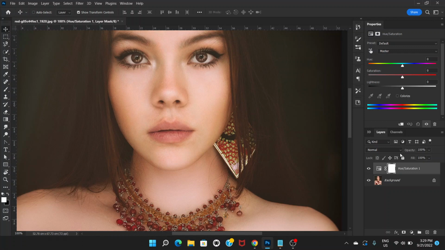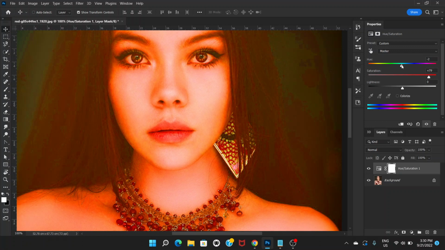Okay. Once you open this hue saturation adjustment layer, you can see on top of this you see these settings, the properties: hue, saturation, and lightness. So grab the saturation knob and drag it towards the right side. This is going to make the color saturated. Okay, so right now it's changing the color of the whole image, but